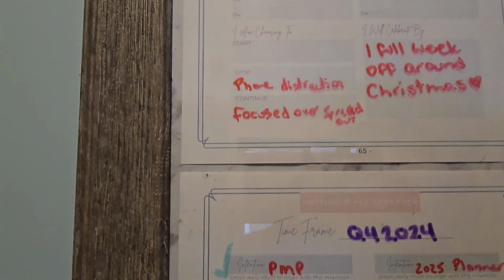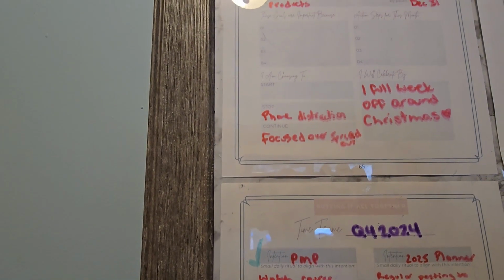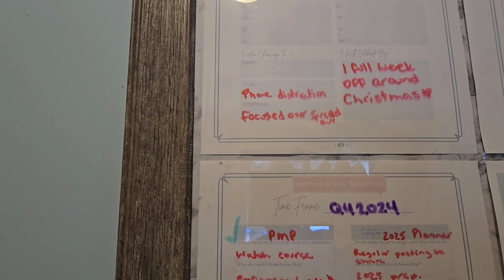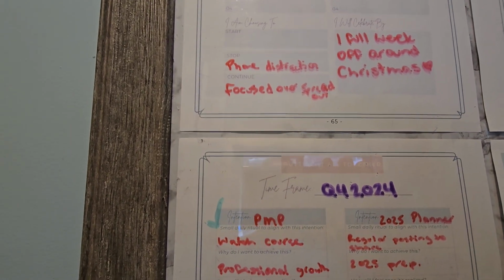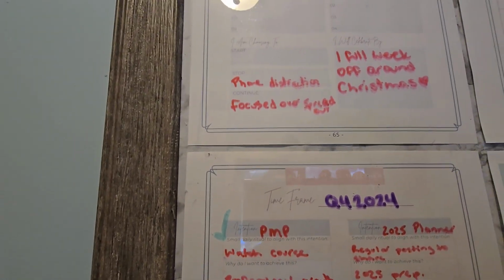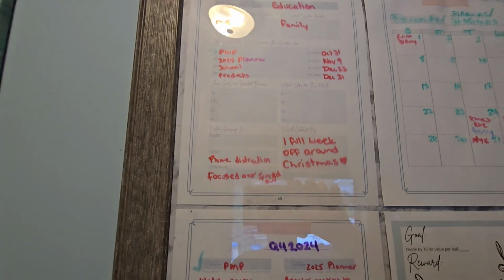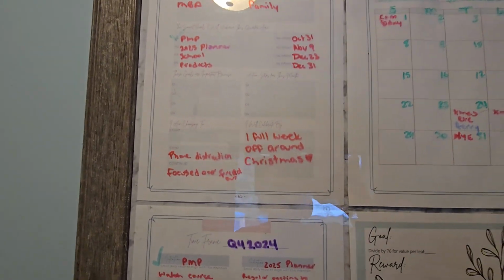And then in terms of what I wanted to stop, continue, I want to stop kind of being as distracted by my phone. So putting it away from me when I'm working, continue being focused over spreading myself too thin. So I'm kind of doing that by doing my courses one at a time rather than